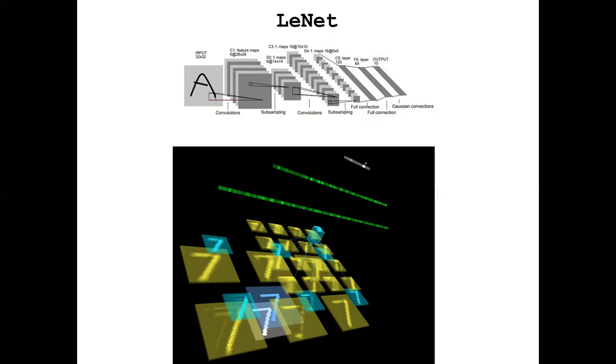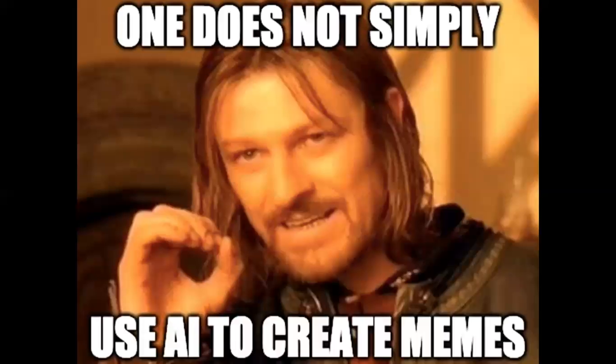But with that being said, that's not actually what neural networks are used for. Recognizing hand-drawn numbers, that's not what they are used for. And then the question becomes, what are they used for? Well, a neural network has mostly one job to do, and that's to recognize images. And well, what does that mean?